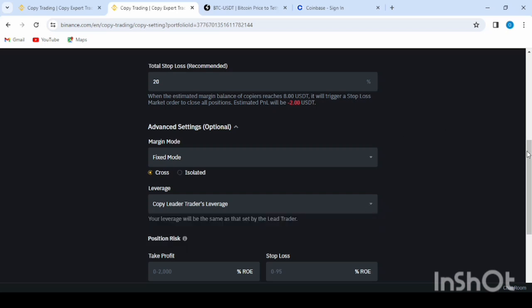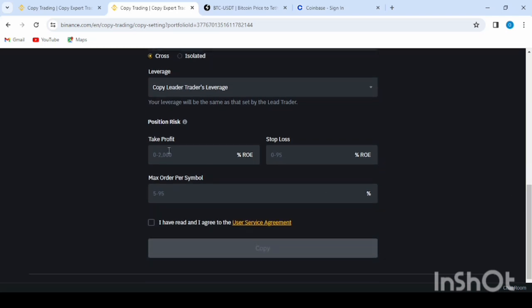So the next thing you're going to look at down here is this place they wrote your take profits. Now take profits, how long do you want the trade to stay? Remember you set this at 20% loss in case it's going in a negative way. So this is your take profit. Let's say you want to take your profit once your trade is up to 20%. Once you make up to 20% profit, you want the trade to stop. That means once your capital gets from 10 to 12 USD, the trade should stop. You can make it 30, you can make it 40, but now as you can see, this person we are currently copying